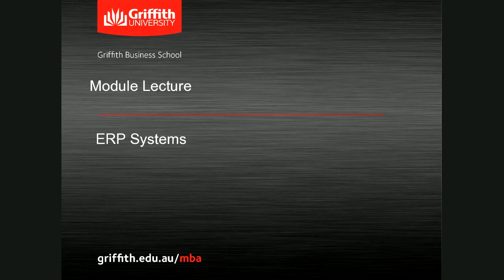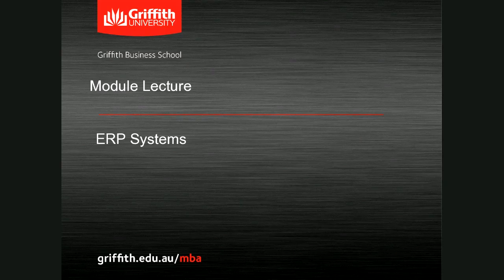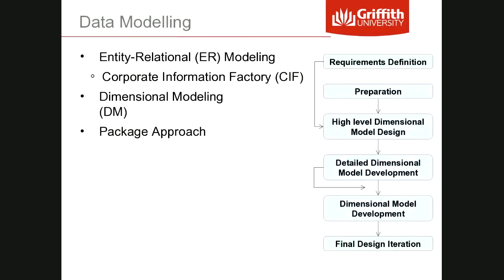Going back. If we want to get to the holy grail part where we can extract analytics and intelligence from the environment, and we want to be able to manage our processes in that unified way, the first step to that is understanding the business problem. So requirements definition is, well, what's the business problem? Here's a common thing that I've come across, and Murray, who's a gentleman that was in last night's session,